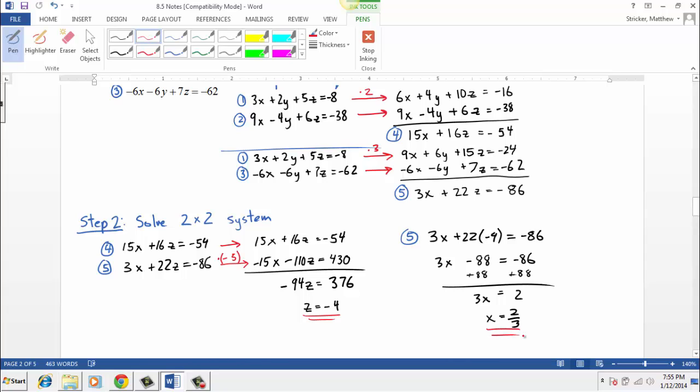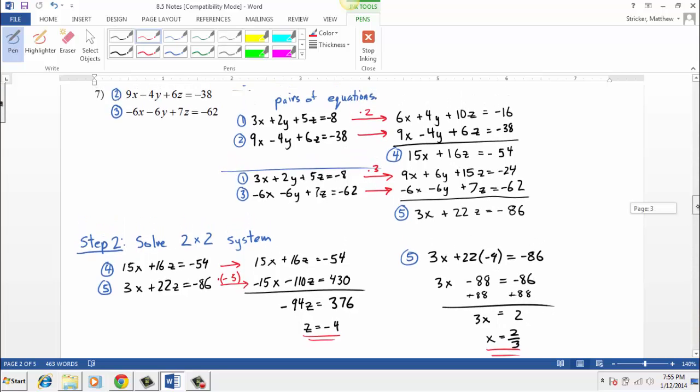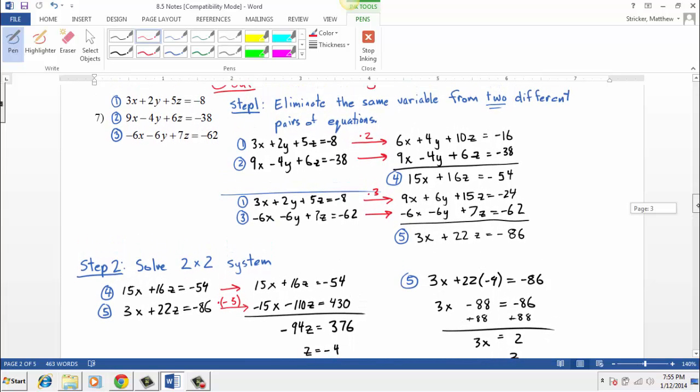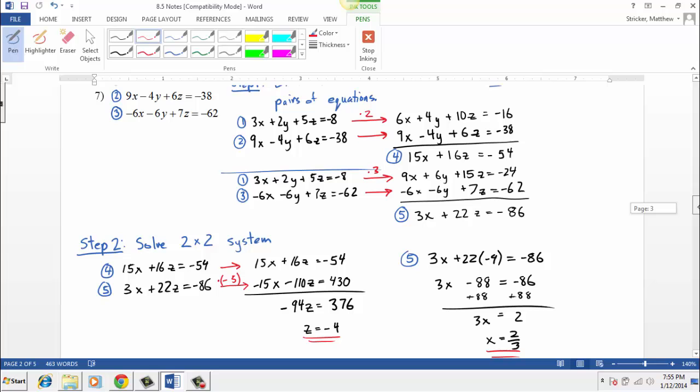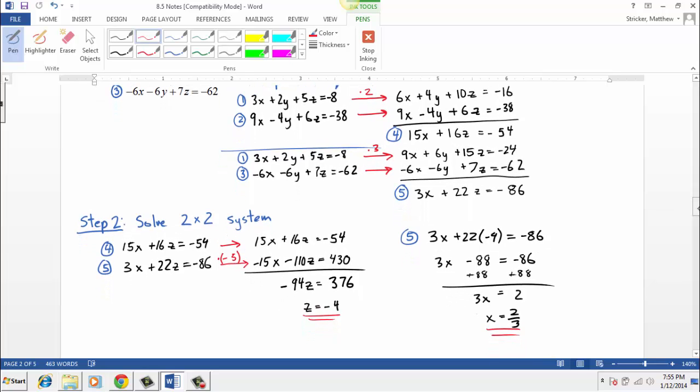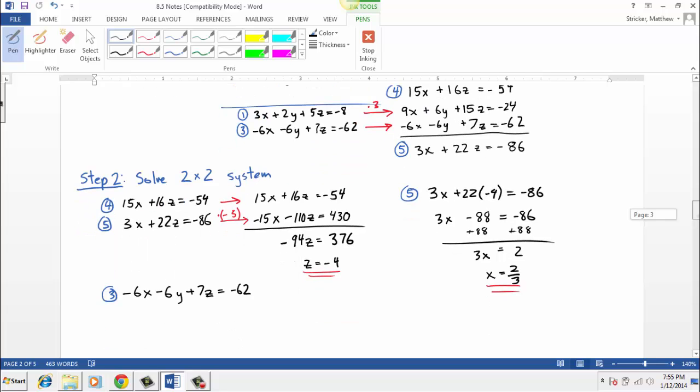So you probably guessed by now that if you want to figure out the final variable, variable y, we can just take x and z and plug it back into one of the original equations. It doesn't really matter which one we choose. We could choose equation 2, equation 3. Let's go ahead and choose equation 3 here. If I take equation 3, which is negative 6x minus 6y plus 7z equals negative 62,